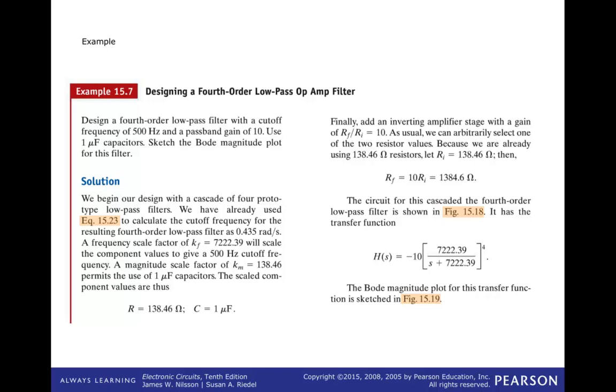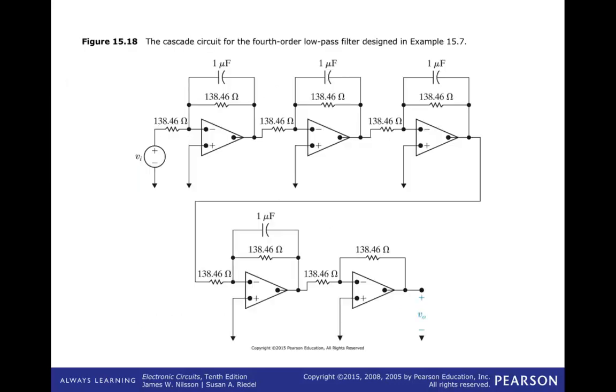So in scaling, we're actually trying to overcome two things. The first thing we're doing in the frequency scaling is to get to this 500 hertz, which would be 500 times 2 pi radians per second. And that would be our scaling factor if we had a first order filter. But since we have a fourth order filter, what we need to do is divide our desired frequency, which is 1000 pi radians per second, by 0.435. And when you do that, you get a frequency scale factor of